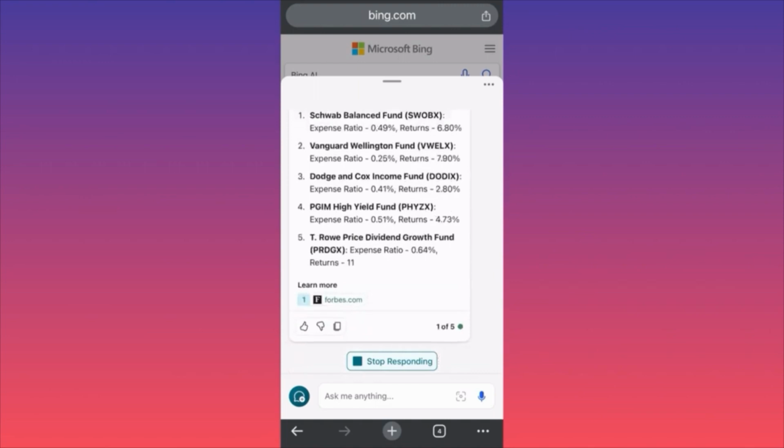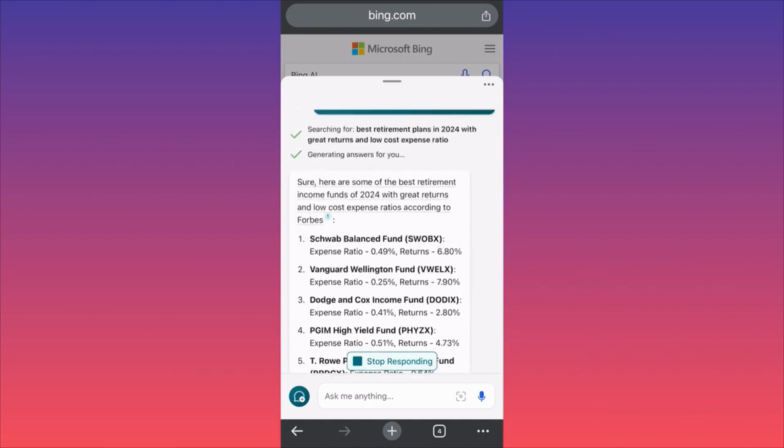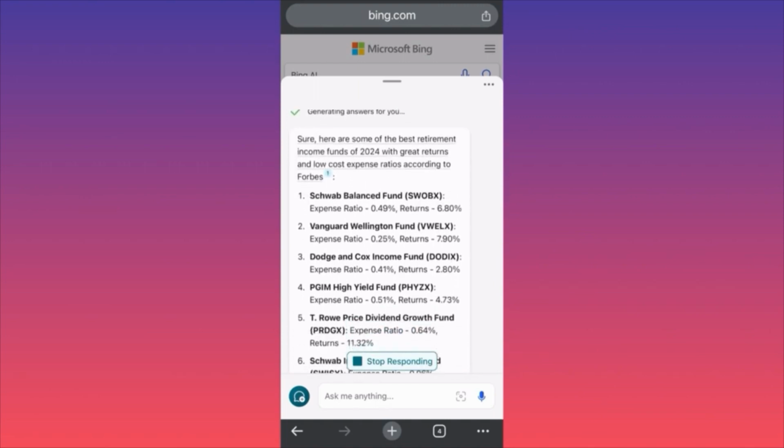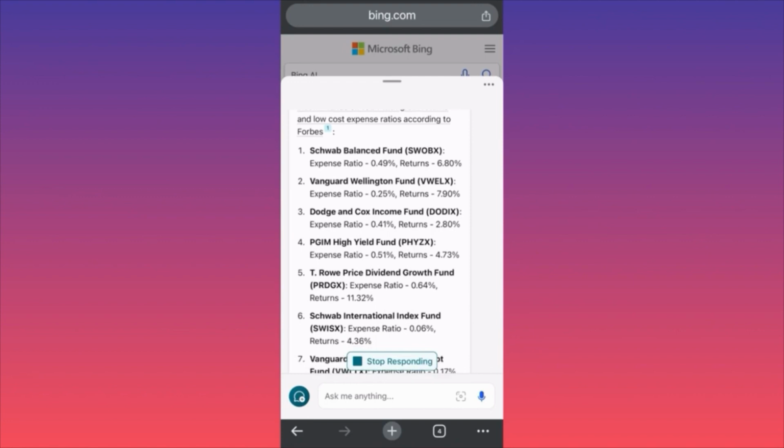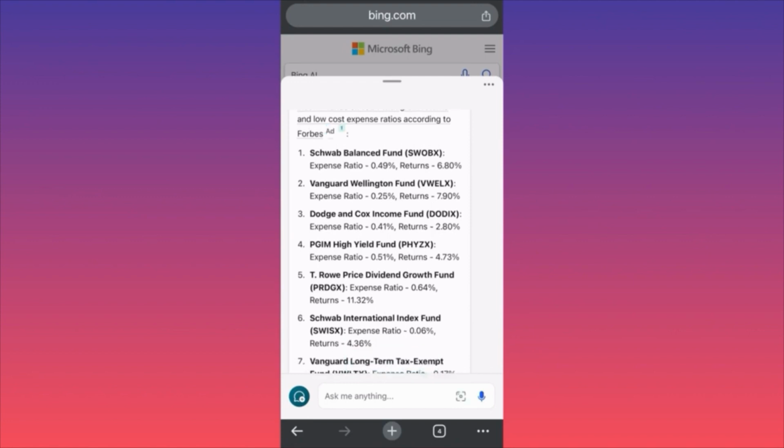Here's the list of the best retirement income funds in 2024 with great returns and low expense ratios according to Forbes. Okay, so you see what it did? It went out there, found one of the most reliable sources, and spit out the information from it. So we have a Schwab balanced fund, return is 6.8%, expense ratio is 0.4, which is kind of